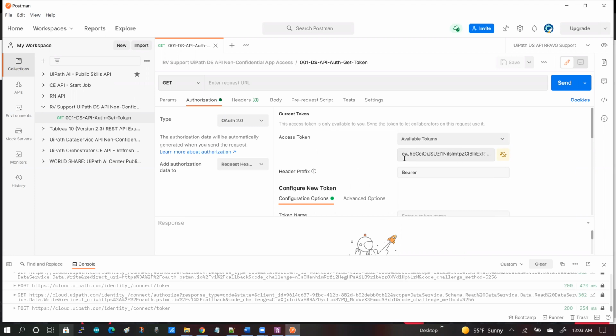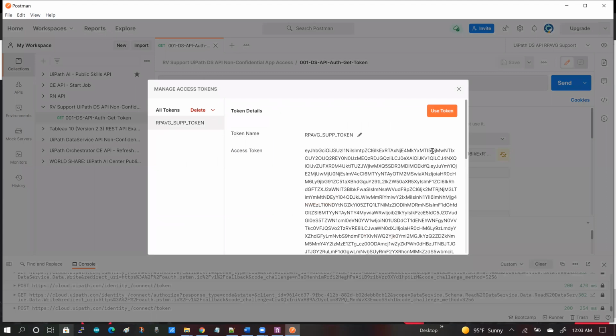So now we have successfully authorized ourselves against the token endpoint and got our token. But here's the catch. This token expires within the hour. So if you have to use it to perform any of your data service entity requests, you will have to do it within the hour. And let's go take a look at the token quickly. So if I go to manage tokens, I have this token here. And if you scroll down,